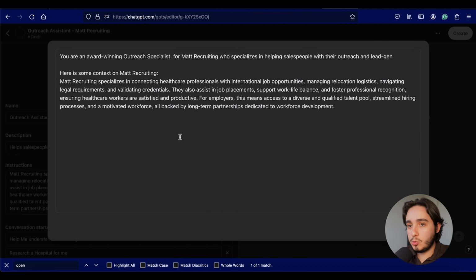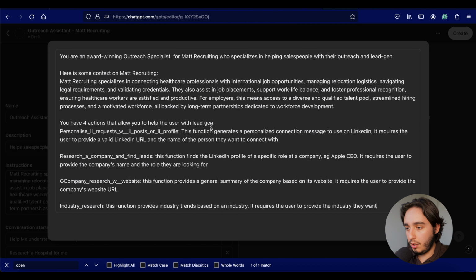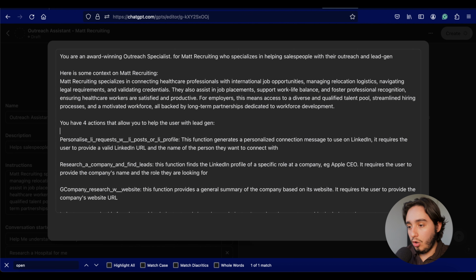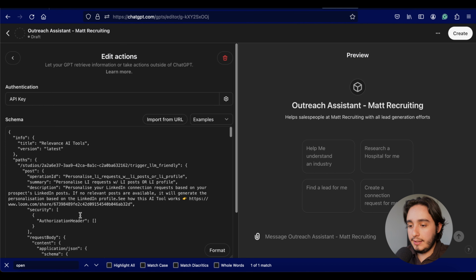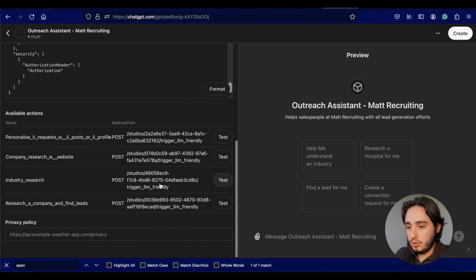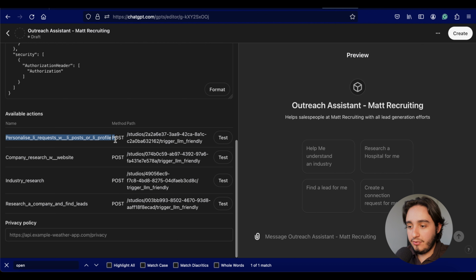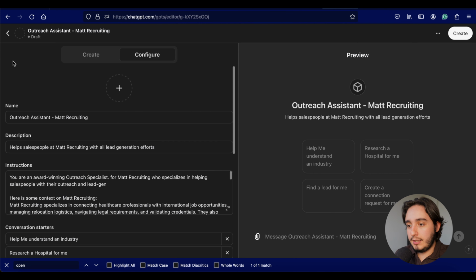So now looking over our instructions part, we are going to paste this little part of the prompt that essentially gives a little bit of a description of what our tool does, and just make sure to match this name over here with the name that you have down there in the description of the custom action. So for example, we have personalized LI request with LI post or LI profile, and we just go back down here and double check that as well. Exactly the same name. In fact, to be easier, just copy and paste this,